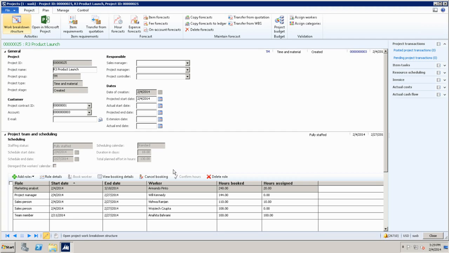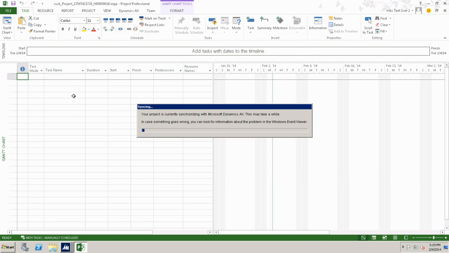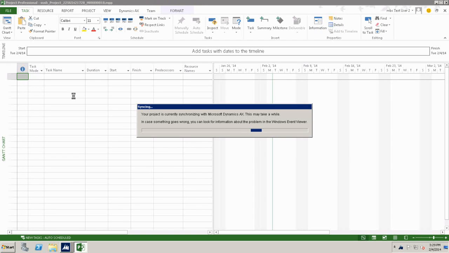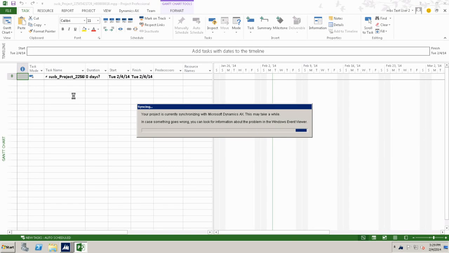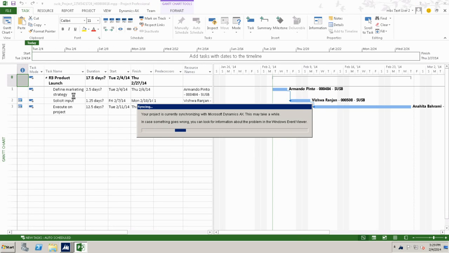Yes, so we went through the detailed scheduling. I will go through another scenario, which is using Microsoft Project. This is the environment that I had to configure a few minutes before our meeting because my other VM really did not work well, so there might be some unexpected behaviors, but let's see what happens. I'm opening up the same project that I just staffed in Microsoft Project. Assuming that Microsoft Project is the tool of choice for me, I want to look at my project plan and then do some staffing decisions there.